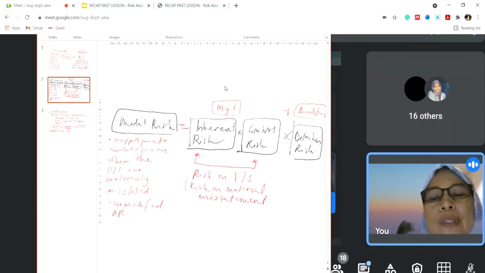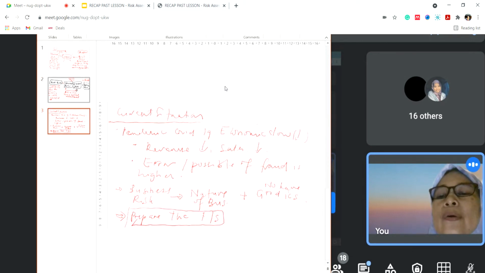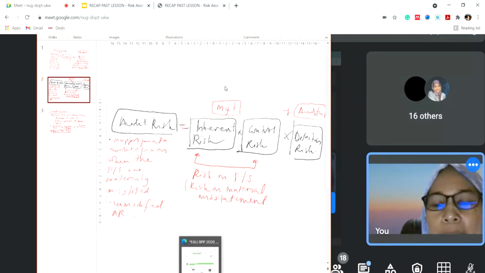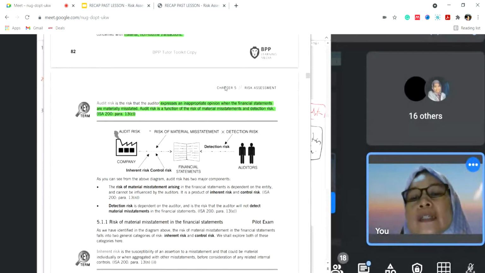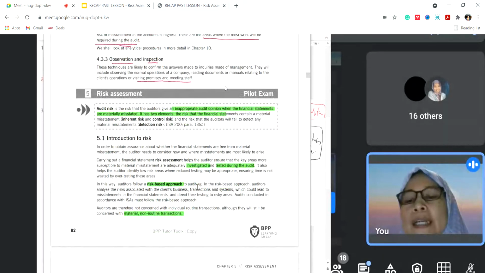Who has control of these two risks? Okay, the management, because the management is the person who prepares the financial statement. Okay. So then, who will use that financial statement to investigate? So tadi in the risk-based approach, okay, the auditor analyzes risk associated with the client business, transaction and system, which could lead to misstatement in the financial statement, and directs their testing to risky areas. Okay, so this is the meaning of